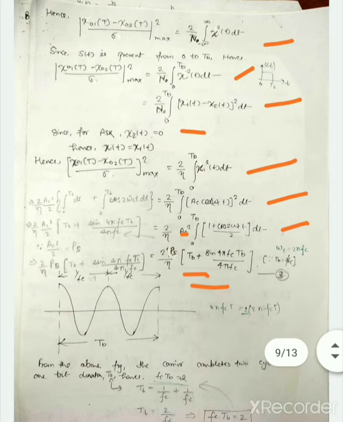And we know that the integration of cos 2 omega_c t is sin 2 omega_c t divided by 2 omega_c. So here we have got sin 2 omega_c t divided by 2 omega_c. You can see that omega_c has also been changed to 2 pi fc, because the value of omega_c is 2 pi fc. We have substituted this value. That is why here we are getting the second term in terms of fc. You can see that the second term is sin 4 pi fc TB upon 4 pi fc. Now we have to solve this equation 3.